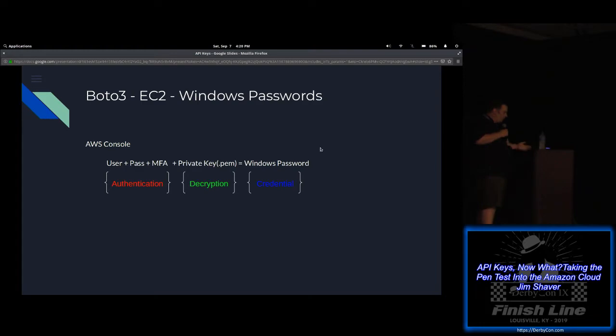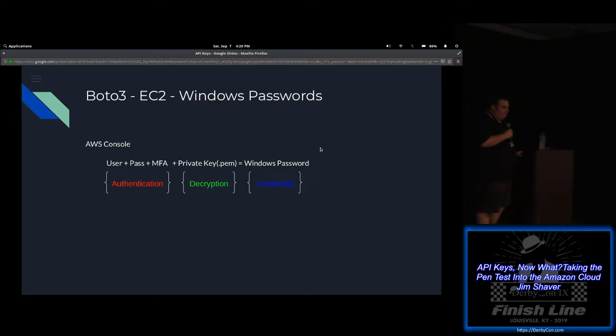So remember I said anything you do in the console, in the GUI, you can do at the API level, right? So think about how this actually works. So your username in the GUI, in the console, your authentication is username, password, multi-factor authentication if present, and then the decryption is handled by your private key, and that gives you a Windows password, okay?